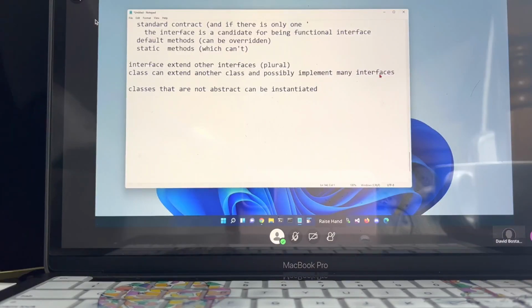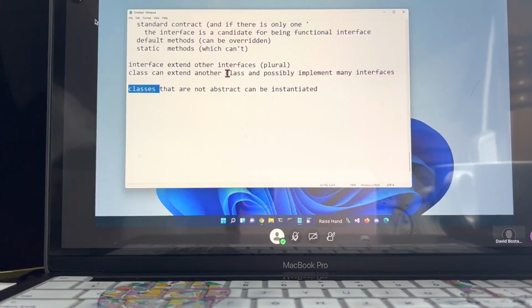So what that says very simply is, in order to avoid something that is called multiple inheritance, things that can be instantiated, which are classes, are allowed to only extend one other class, which of course itself could extend another class, which could extend another class.